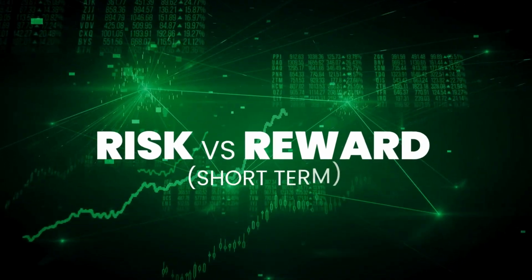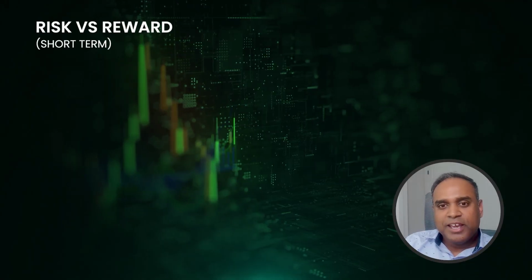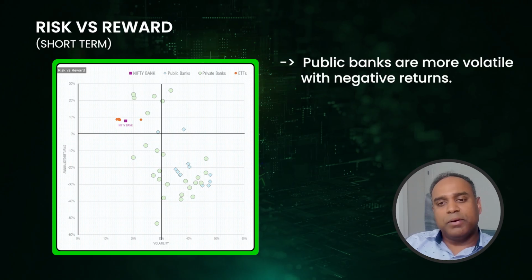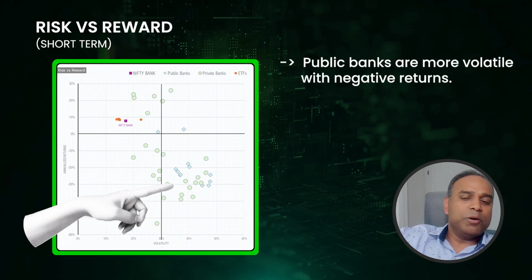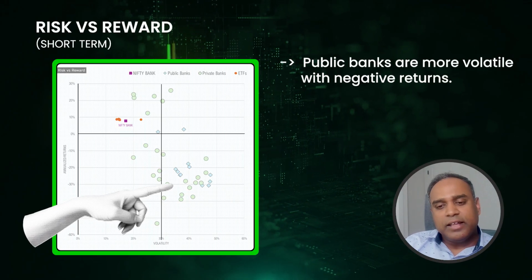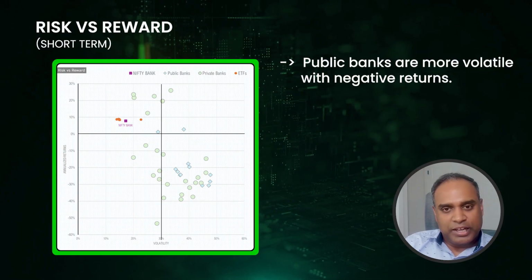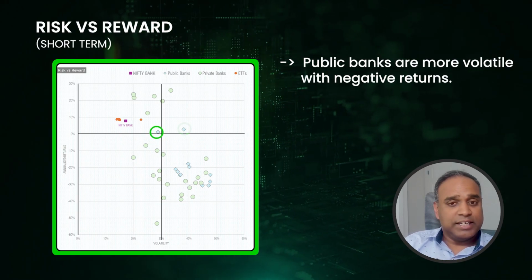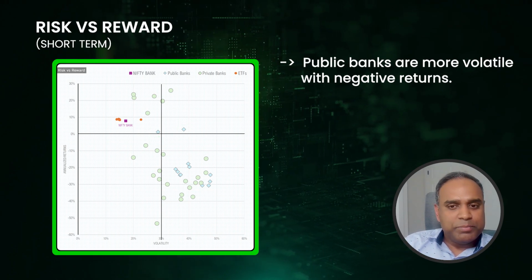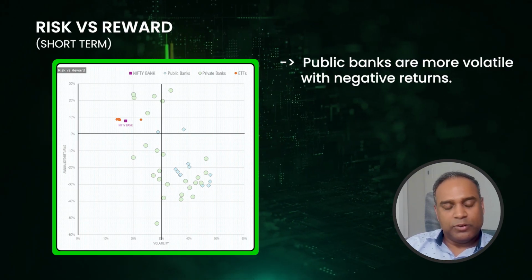Now let's look at the short term, which is the 1 year window. The 1 year window has always been different from the medium and long term, and even in this chart you can see that being represented. So the blue diamonds, which are the public banks, are now not in the top right quadrant; they are actually in the bottom right quadrant, which is not a good place to be. That means they have higher volatility, and also they're all negative returns. You can see the zero line here, and as I said, Indian Bank and State Bank of India are the only ones that are barely positive, but everybody else is negative in the last 1 year. So public banks are not in a good spot when you look at the last 1 year.